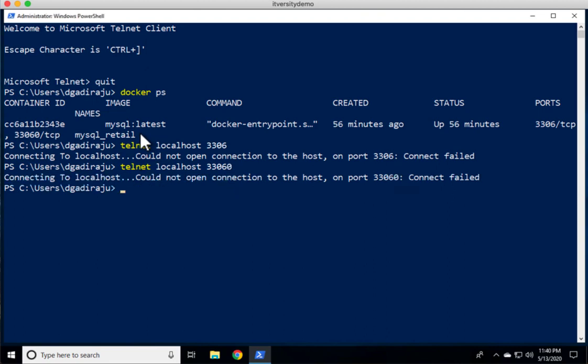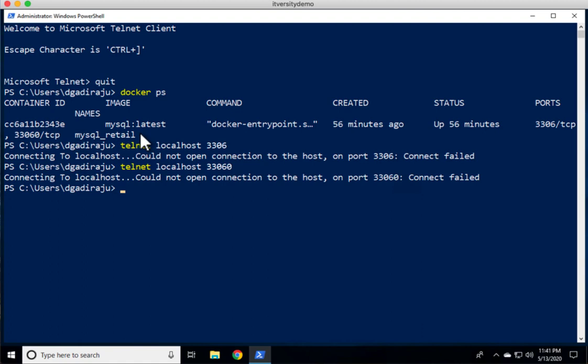This is how you should be able to validate whether a service is letting us connect to it by saying telnet. As we are not able to connect using telnet, we will not be able to use any external application also. We might have to take corrective action to facilitate that. In some cases, there might be a firewall which might be blocking. You have to work with system admins to overcome that firewall issue. So Telnet is a very important tool to troubleshoot whether you will be able to connect to a service that is running on a remote machine on a particular port, or even on the same machine on a particular port.